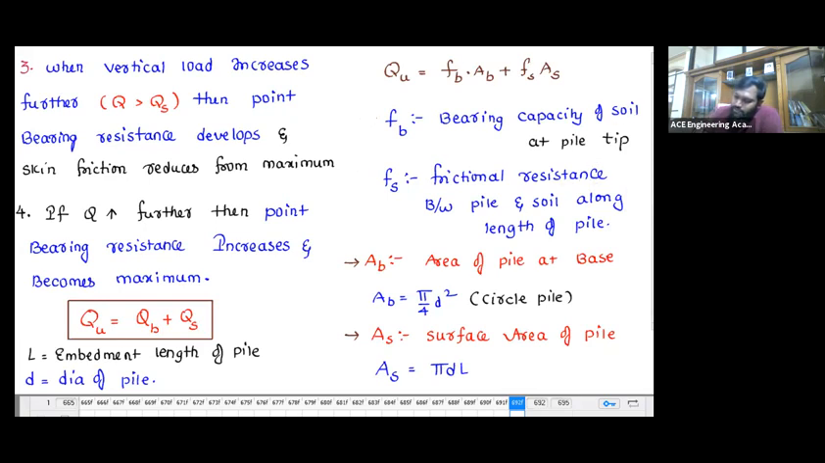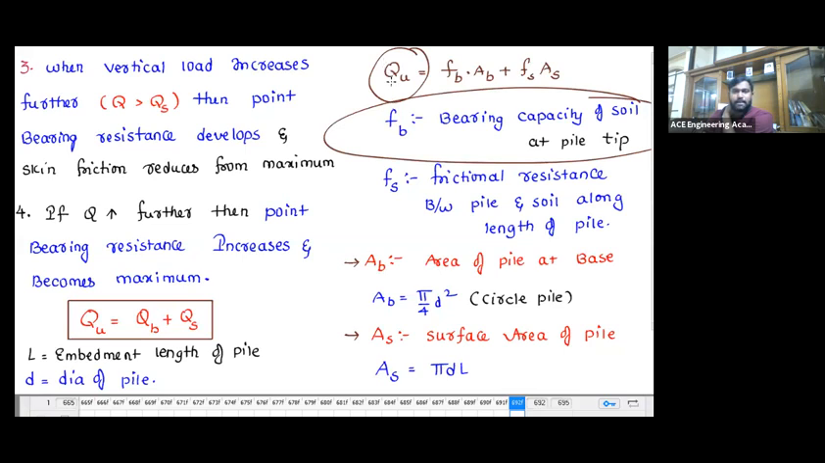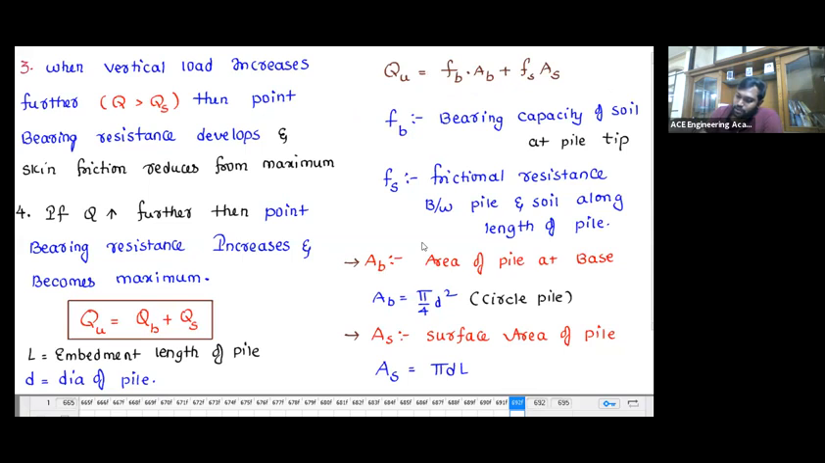So let's see that FB and FS. If the soil is clay soil, it is different. And if the soil is sand soil, it is different. Now, you see, this FB is nothing but bearing capacity of soil, which we have learnt in the previous chapter, which is nothing but ultimate bearing capacity. I am applying ultimate load, which means I have to take ultimate bearing capacity only. As I am asking you ultimate load carrying capacity, I have to apply ultimate bearing capacity. So now the FB is going to be